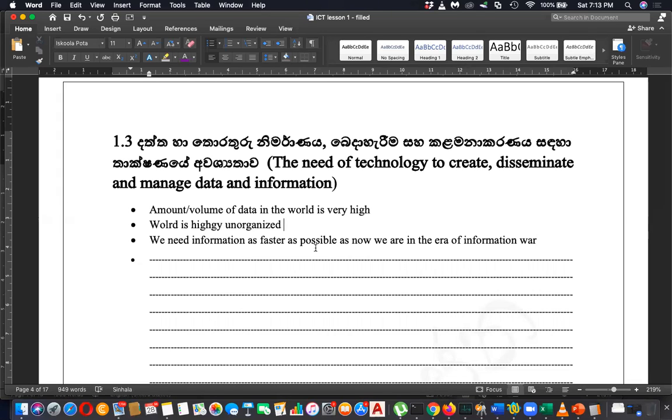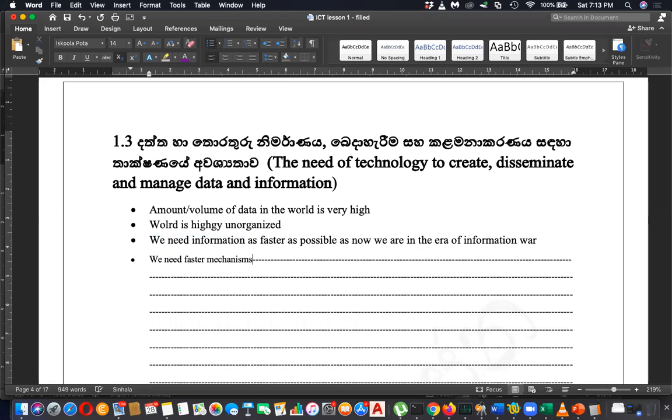Right, because of information war, sometimes we still don't know how this virus came. Sometimes this is a result of information war, maybe produced by someone else, it can be like that. Okay, so anyway, because of the first reason, we have a high volume of data, the world is highly unorganized, and since we need information as fast as possible, and since now we are in the era of information war, we need faster